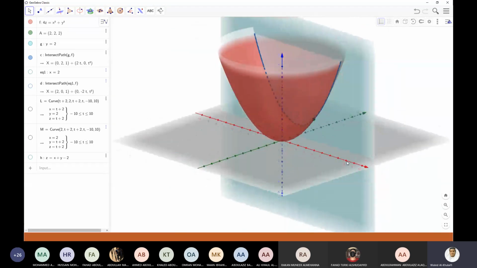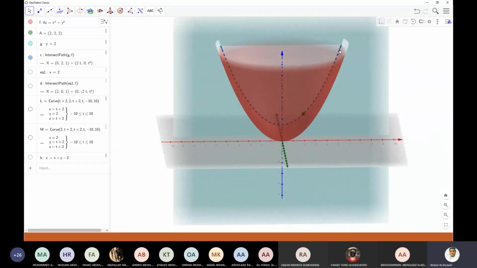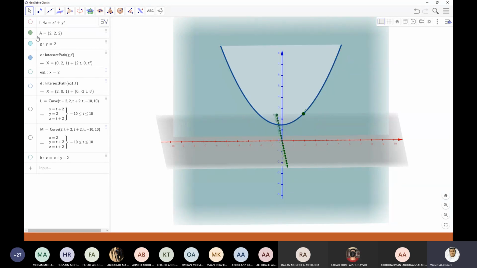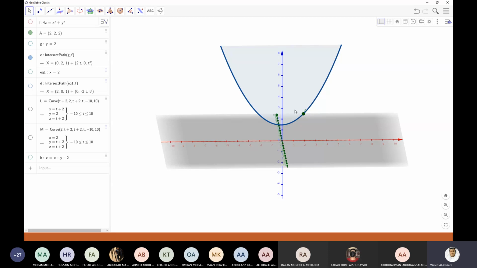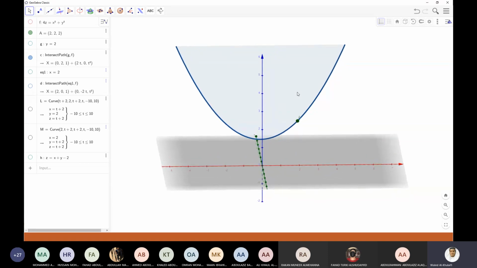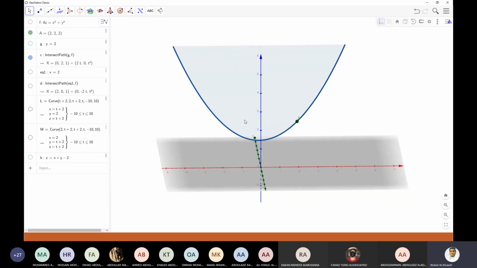Okay, so if I look at it from this way, you can see it now. This is the blue curve, the intersection between the plane and the elliptic paraboloid. Now let me remove the plane, these planes. Now you see, this is the result, the intersection between the plane and the elliptic paraboloid, and this is the